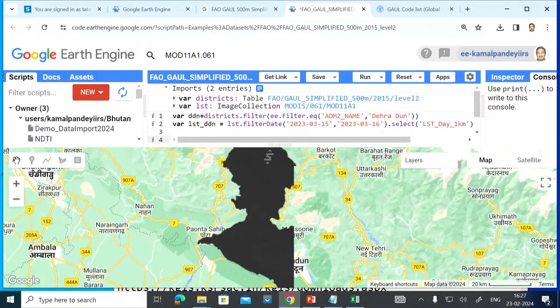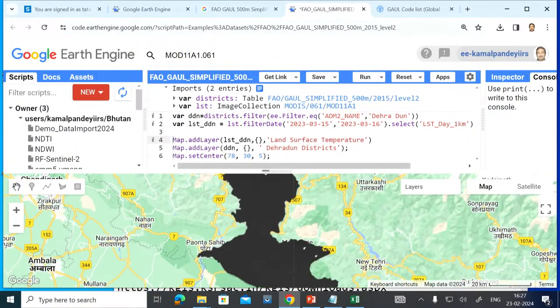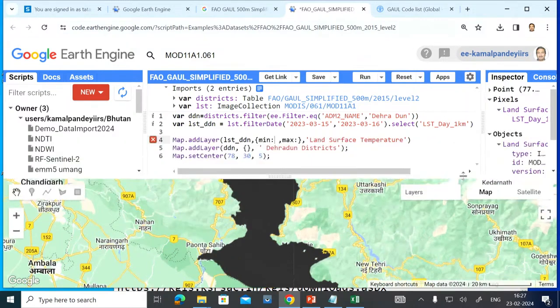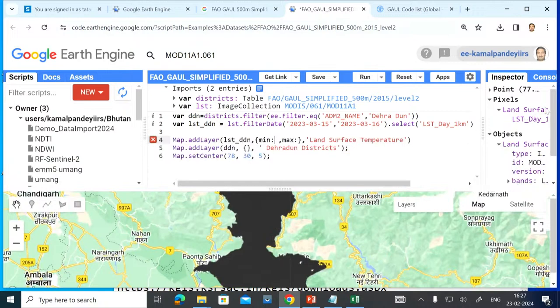Why is it so? That might have been told to you during the second lecture of visualization. We need to set these visualization parameters. What is the minimum value here? Minimum, then colon, then value, comma, max, colon, and then value over here. What is the minimum value? We can just see here, go to this inspector on the right hand side, click it here, and it will show you some values.